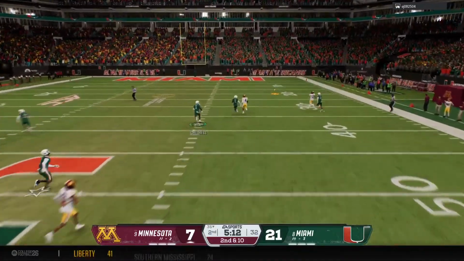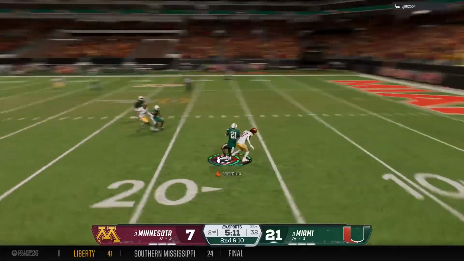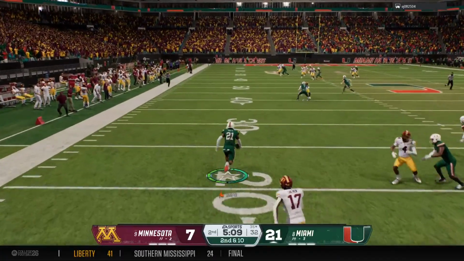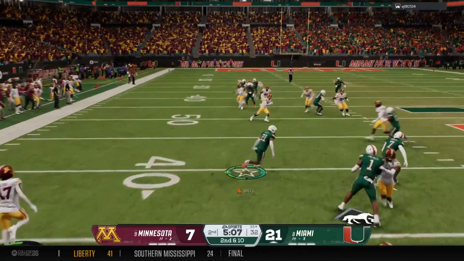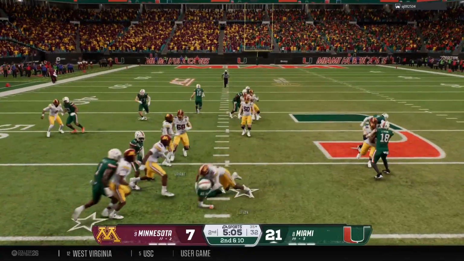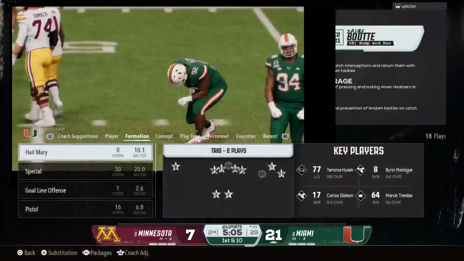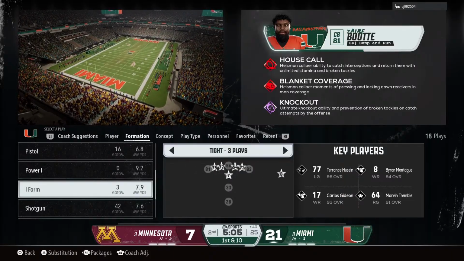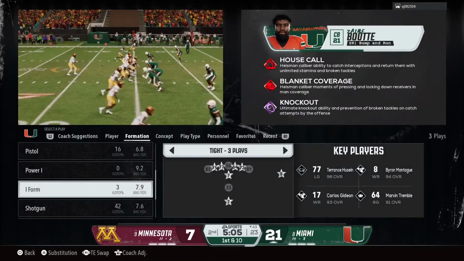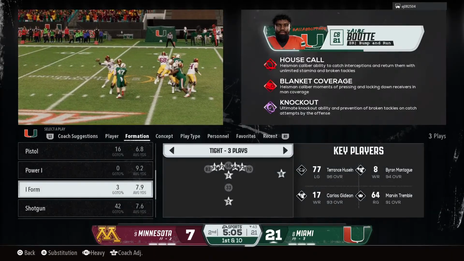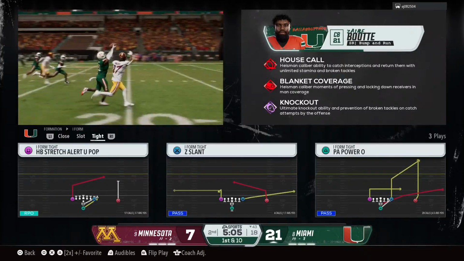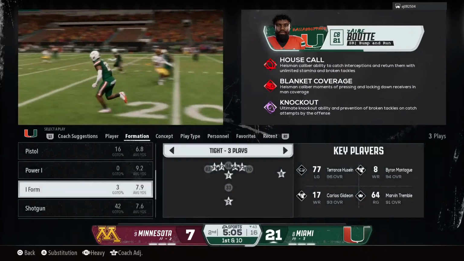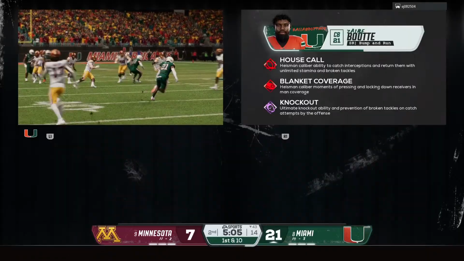Taking a shot deep down the right side. He's picked for a 3rd time tonight. Could take it all the way. They bring him down, but that could be a game-changing pick and return. Chris, if you're going to make that throw, that's called a 2-ball. That means it's got to be on a line. Here he puts it way up in the air and allows the defender to come over and make a play on the ball. Great job by the defense.